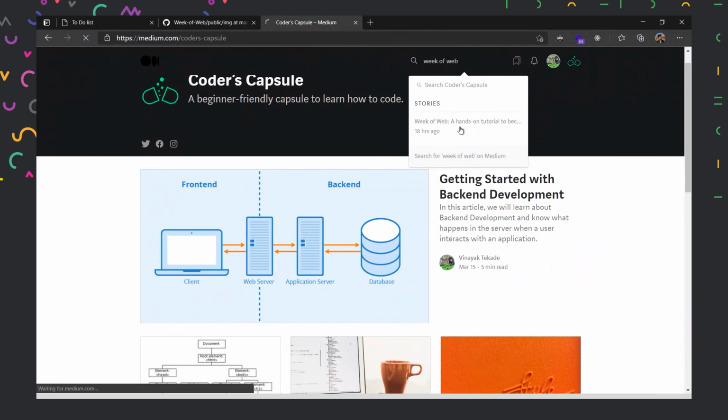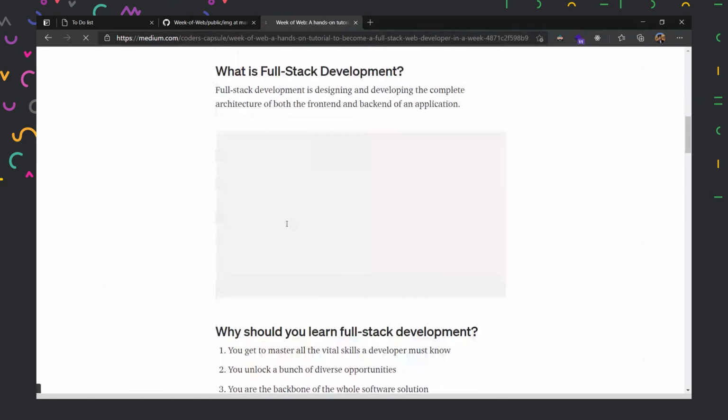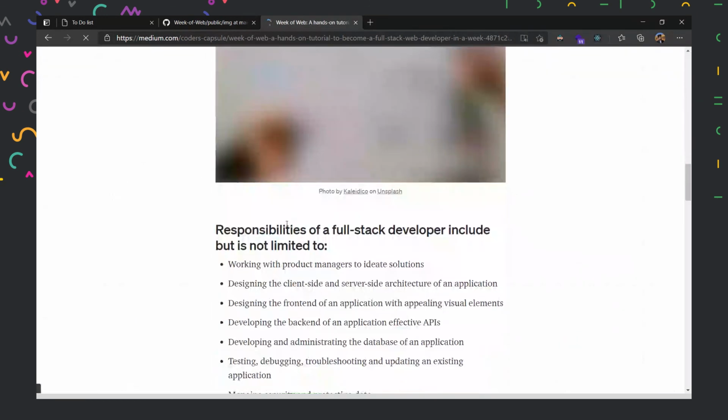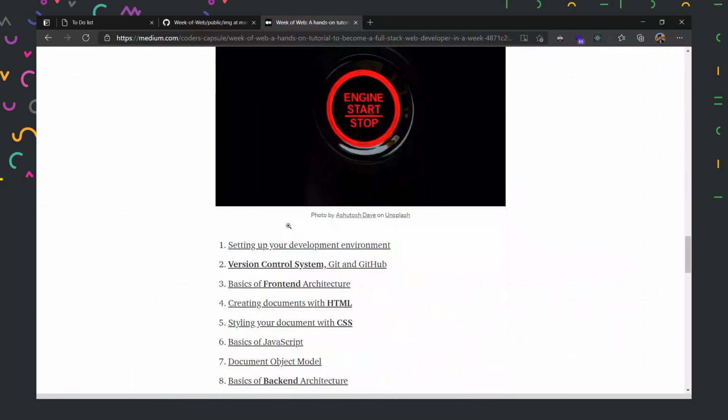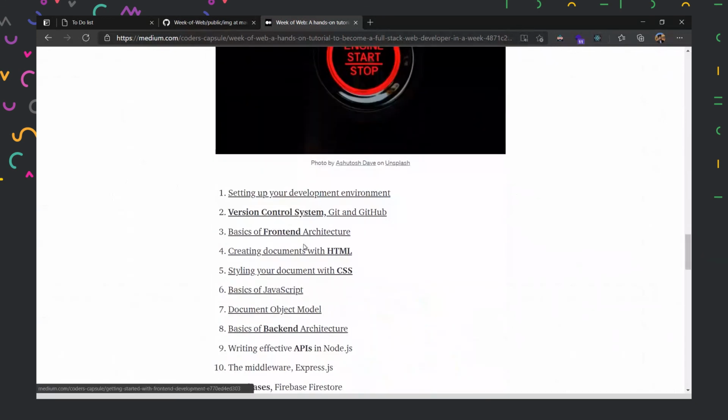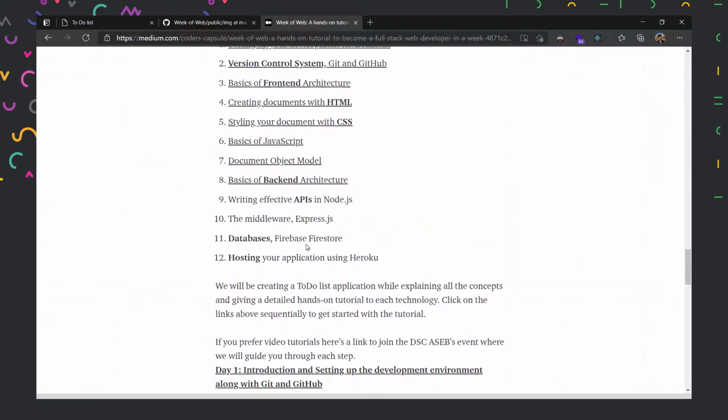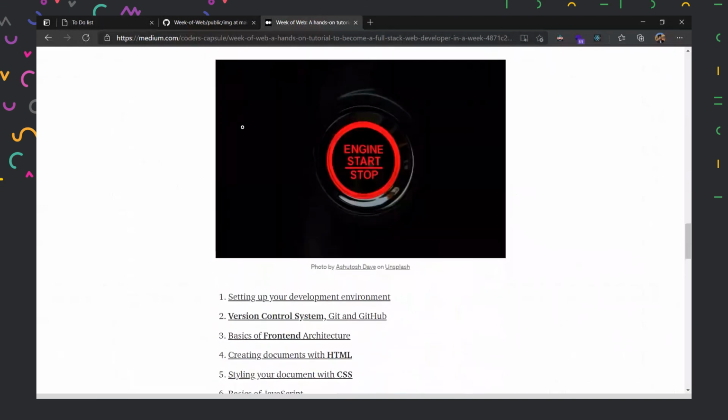And then if I go to my article where I have written about week of web, all the articles are present over here. So in case you missed previous sessions of ours, don't worry. All the things are explained in this article. And you can access this by going to Medium and searching for Coders Capsule. And that is all about today's session.